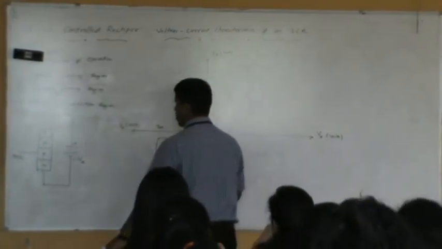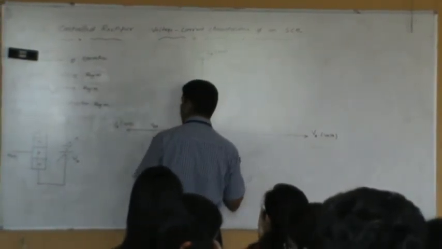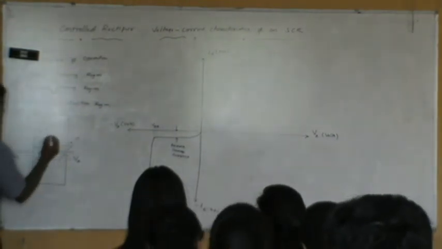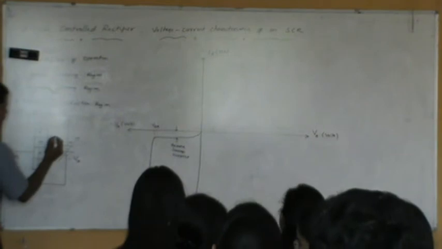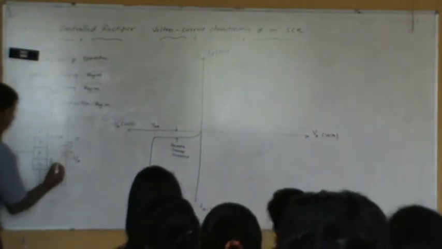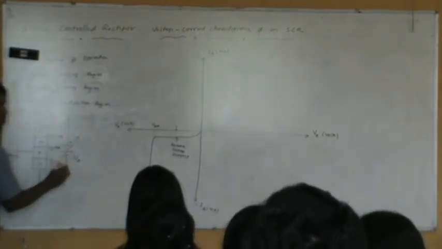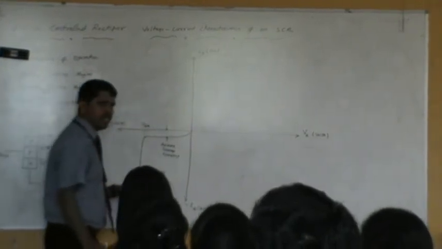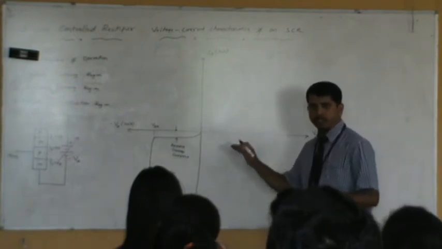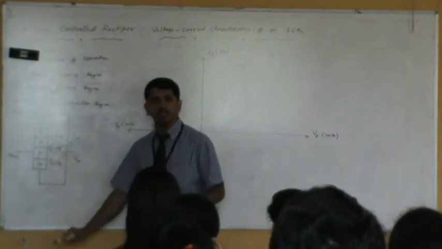Let me see the curve here. Again, if you increase this voltage slowly, you can see how the current will flow. Before that, let me show the junctions here. Junction J1, positive, negative, forward bias. Junction J3, forward bias. Junction J2 is reverse bias. And because of that, in the initial stage, you get only a small amount of current, which is nothing but leakage current. Leakage current is flowing due to J2 being reverse bias.